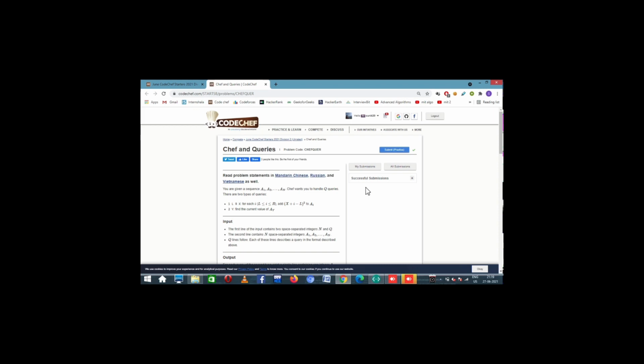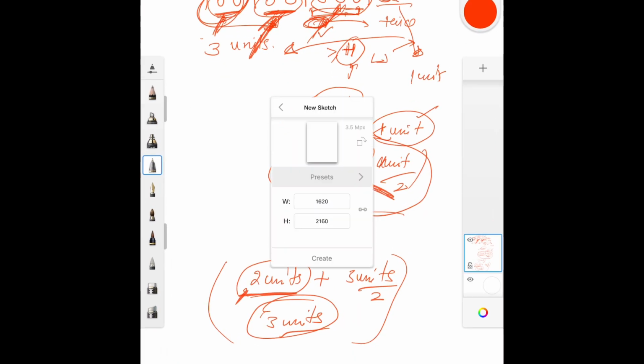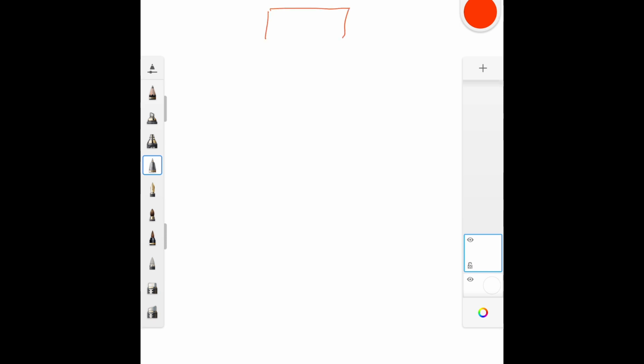Okay, so first of all I'll define a few things. Let us say we have a black box, and this black box gives us some features. I'll name this black box segment tree because that's what it is. And now what does this black box give us? Given an array, we can perform two types of queries.